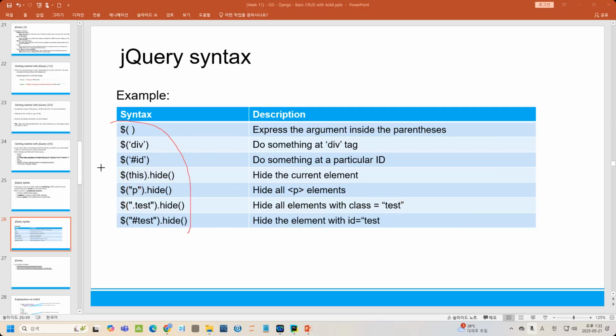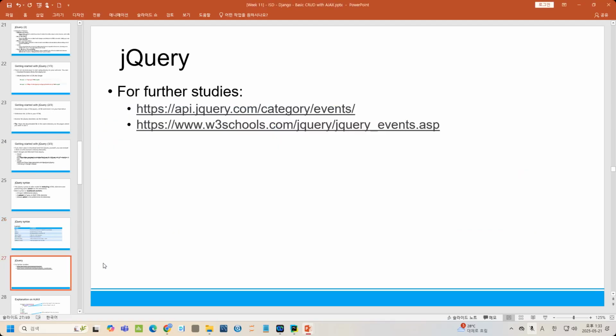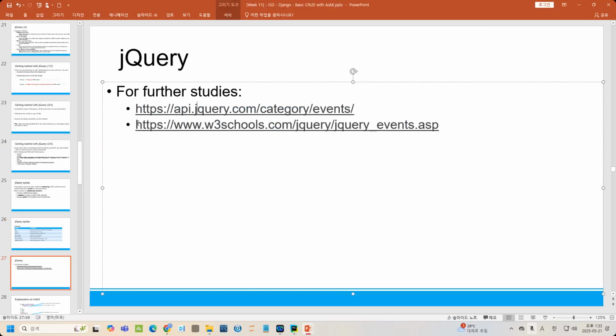People say this is simple because it is short, but you need to understand how to put something in between these parentheses. So if you want to learn more about the jQuery, you can have this one. For example,